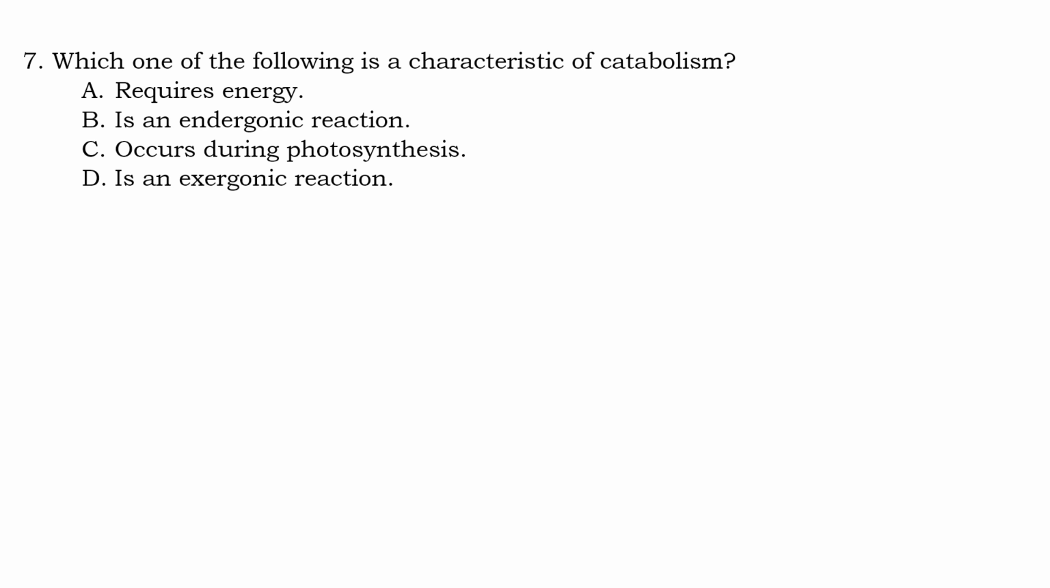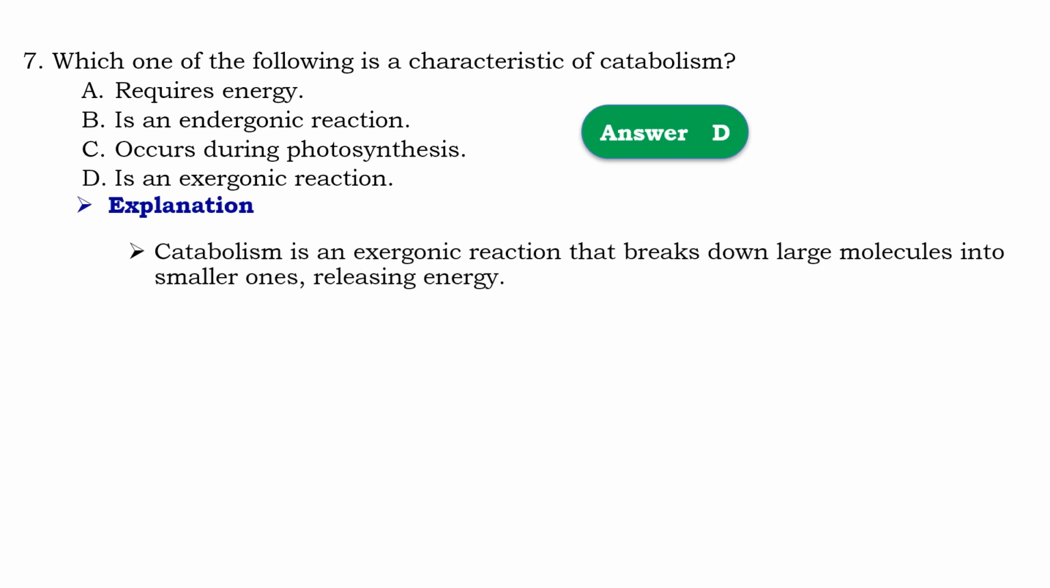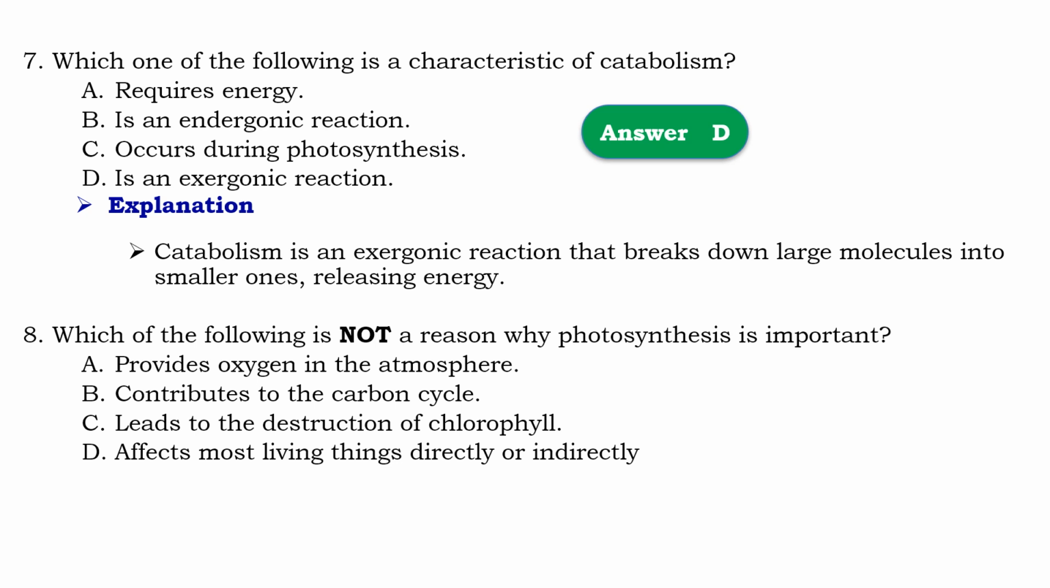Question number 7, which one of the following is characteristics of catabolism? ከሚከተሉት ስለ catabolism ባህሪ የሆነው የትኛው ይላል። So that should be D, is an exergonic reaction. Means that catabolism is an exergonic reaction that break down large molecule into smaller ones, releasing energy. ስለዚህ ኤ እስከ ሲ ያሉ ስለ አናቦሊክ ይገልጻሉ ማለት ነው። ዲ ካታቦሊዝም ነው ማለት ነው።